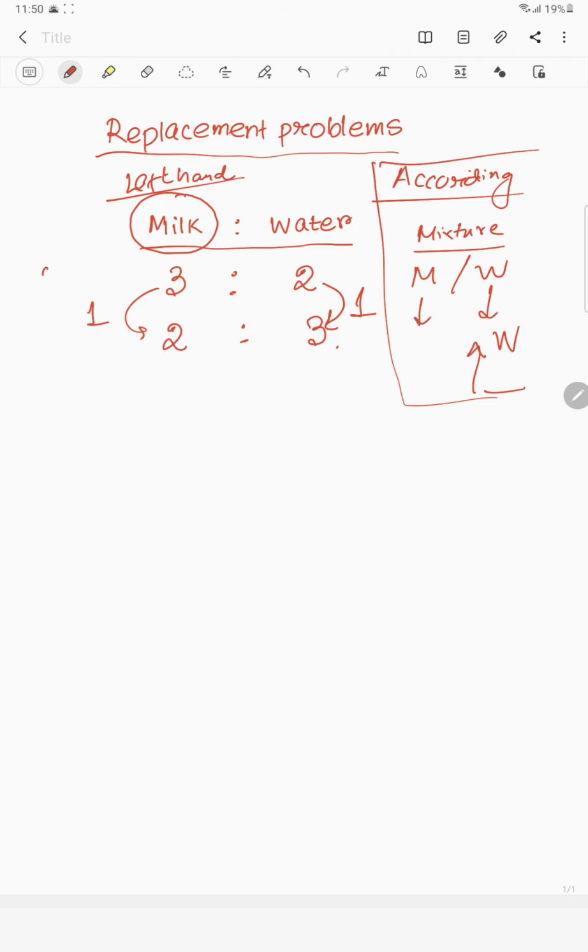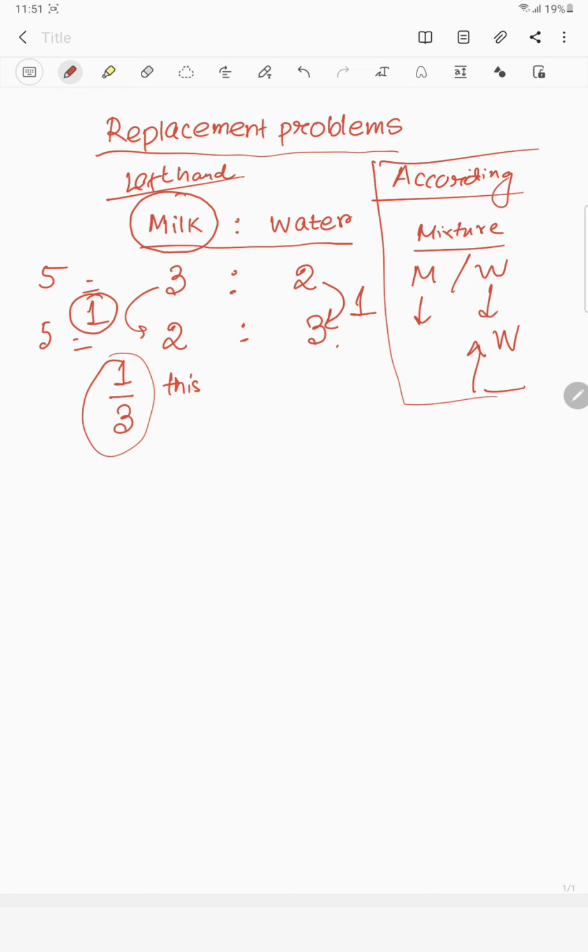Whenever the total is the same, that is 3 plus 2 is 5, 2 plus 3 is 5, this subtraction and exact addition will always hold true. So here, if we replace one milk and add one water, then 1 by 3,